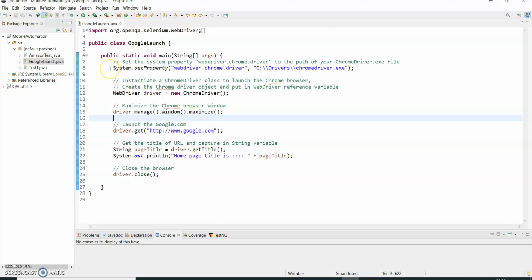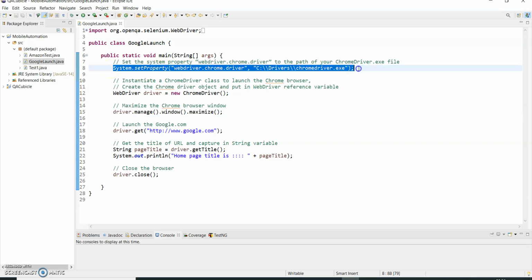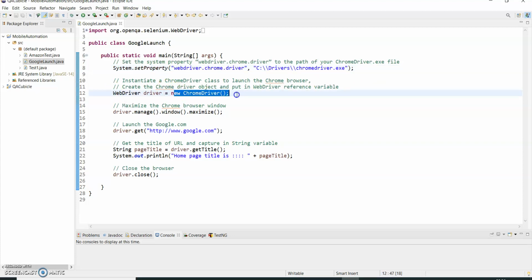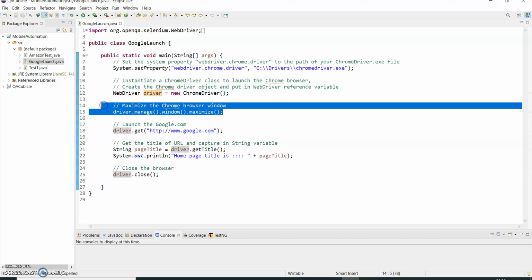Okay, so what I have done here is, with the help of System.setProperty, I have provided the path of the chromedriver.exe. Okay, and in this statement I have created a ChromeDriver object, and I have kept it inside the WebDriver reference variable, that is the driver. Okay, and with the help of driver.manage().window().maximize(), I am maximizing the Chrome browser window.